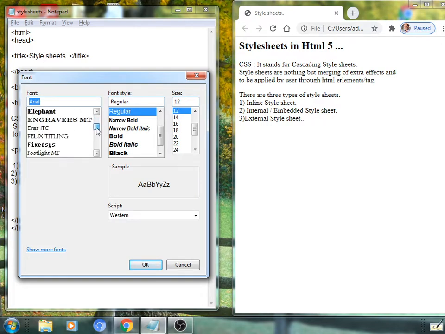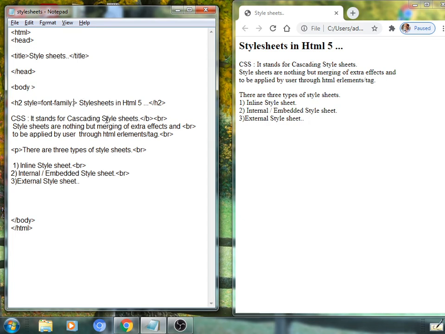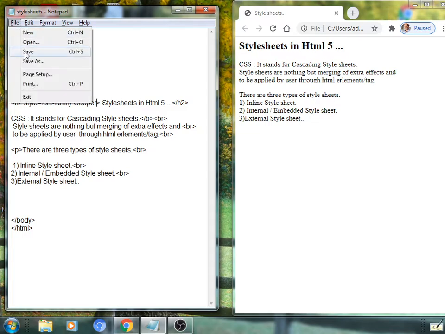You can select from here. Some of these are applicable, some are not, but we can check which is applicable. Suppose we are going to use the font named Cooper.